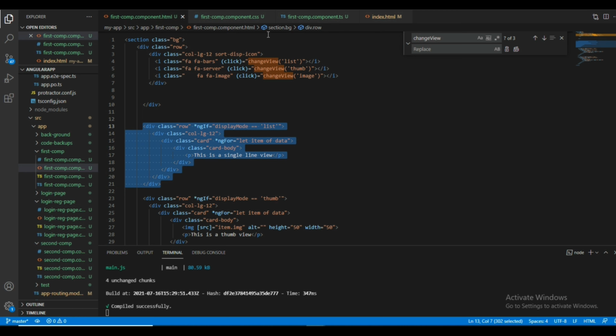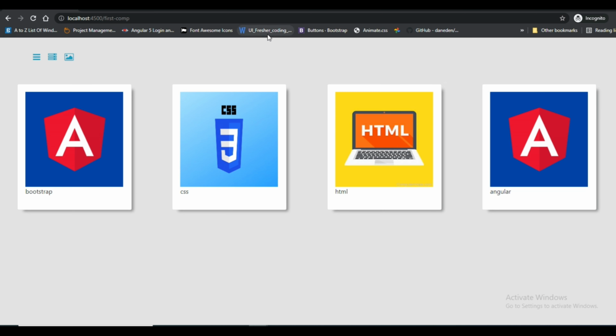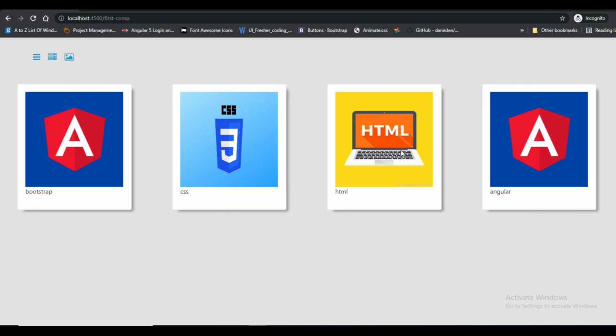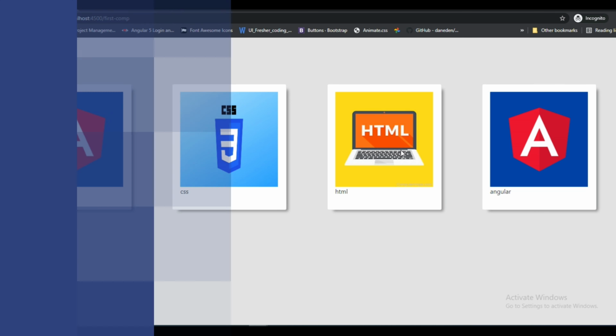So I'm passing a string on the click event. On the other side, the function will come to know what kind of view needs to be displayed according to the string parameter. I'm assigning the value to the display variable so that it will change according to the variable value. So in this video I will show you from scratch how to display data in three different views. Please do watch this video till the end. Let's go.